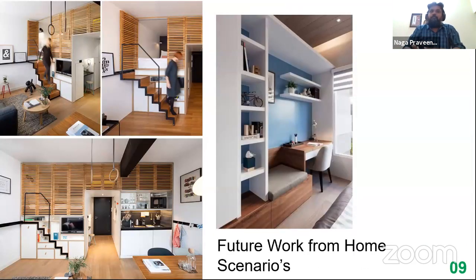Future workspaces, you know, all of us are in times when we are going to spend a whole lot of hours in the home itself. So bringing this compactness, rearranging things, or making them more flexible would definitely bring a whole lot of meaning to our dwelling units. That's the major point that I would like to make.